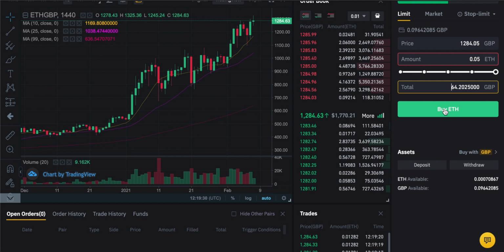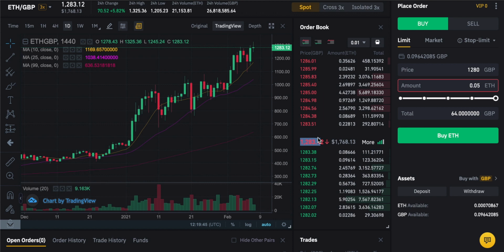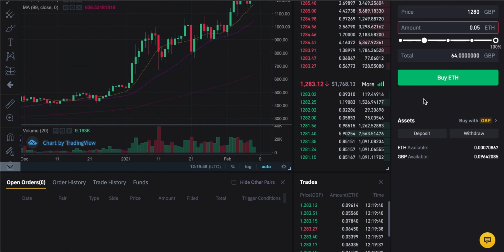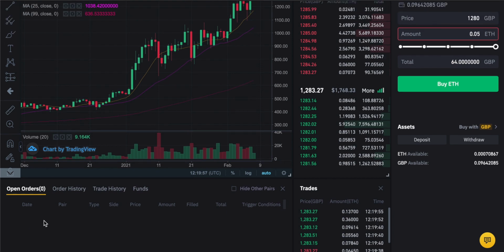The one thing to note about a limit order is that if your price is very cheap, so if I go right here and type 1280, this price is now under the market price, meaning I can't trade because I can't get Ethereum for cheaper than it's currently going for. So what will happen if you do press buy is that order will come down into your open orders and be working for you. Binance will keep this order on your account and working for you.